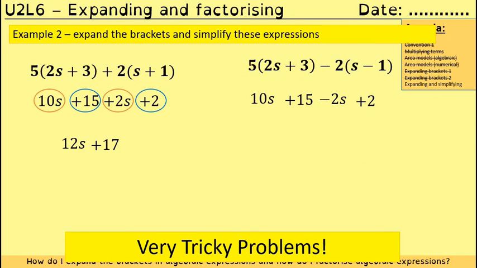Be very careful here. We've got negative 2 multiplied by s is negative 2s, and negative 2 multiplied by negative 1 is positive 2. So you have to be very careful, because that is a mistake that's often missed out of people's work. So when we collect the like terms in this expression,